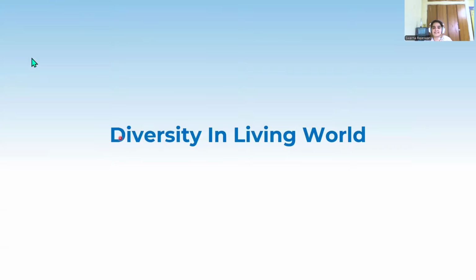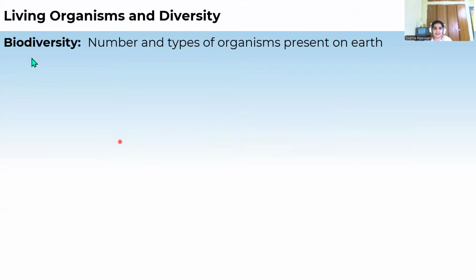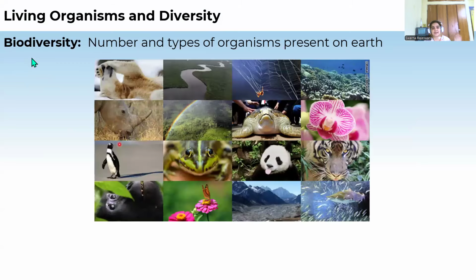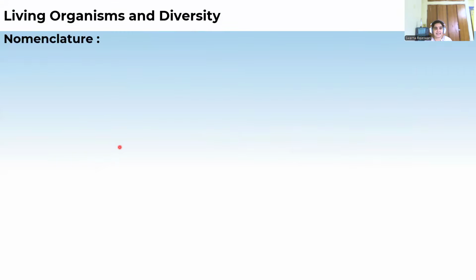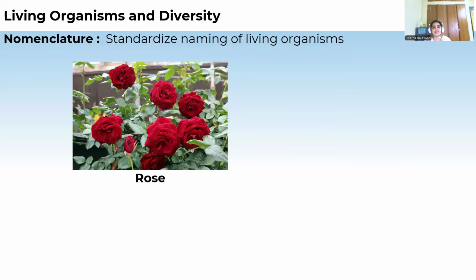Okay. So now we will see what is meant by diversity of the living world. What is meant by diversity? It is the number of types of organisms present in our surroundings, on the earth. We call it diversity. We know variants of species of plants and animals are present in the world. So how can we distinguish them? We can't say it is the organism which is round, or big, or red in color every time. We have to name it, means we have to standardize the names of living organisms. So how can we name them?